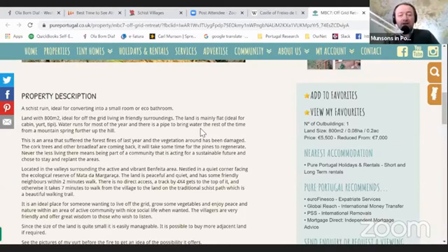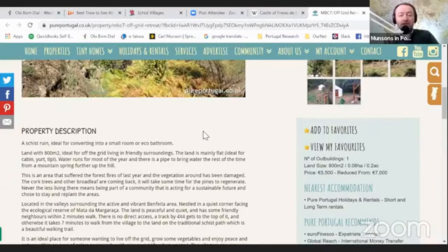An area, it has to be said, that suffered from the forest fires of last year, and the vegetation around has been damaged. However, the cork trees and other broadleaf specimens are coming back. I'm told it will take some time for the pines to regenerate. Nevertheless, they're